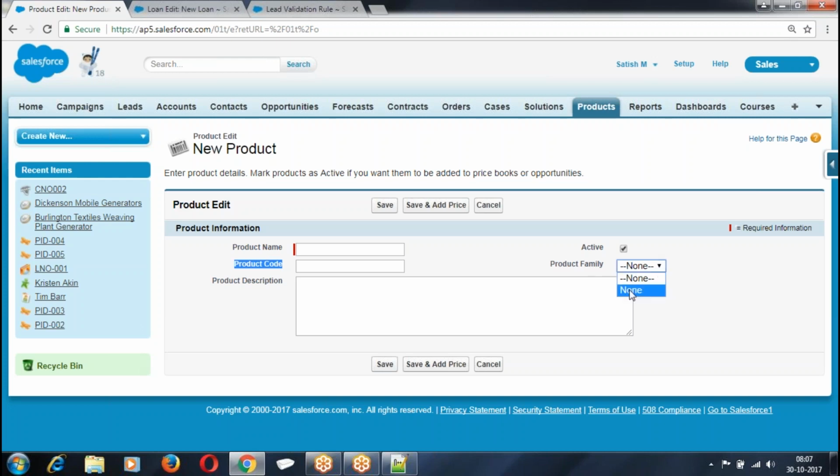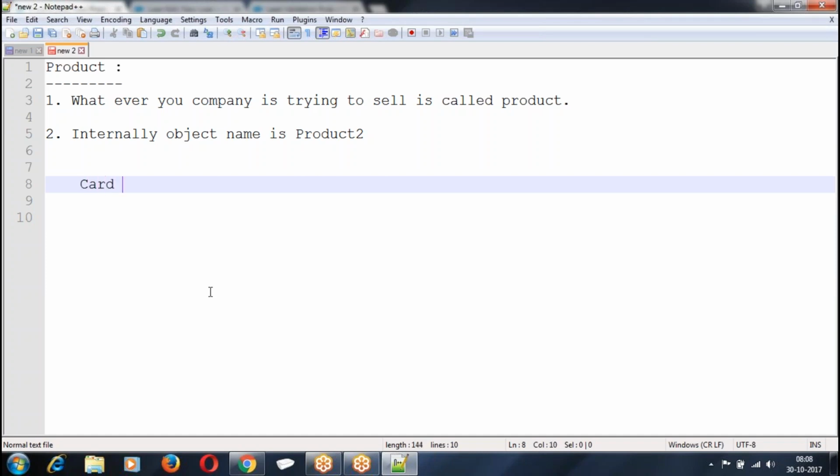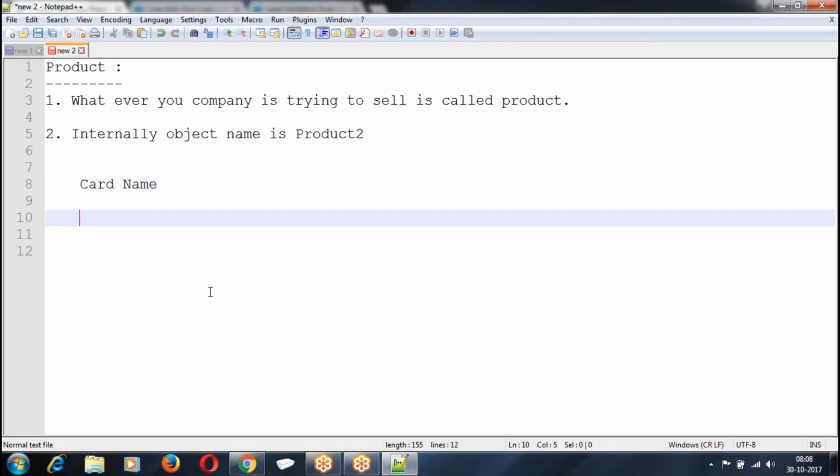Actually the family we are supposed to get: housing loan, education loan, vehicle loan. I will give some names. Otherwise we will go with the credit card. When you say credit card, is it a business credit card or a personal credit card? So what are you going to get? Look at the format. We are going to say card name, and family. What belongs to which family? Family means business, and we are going to get.